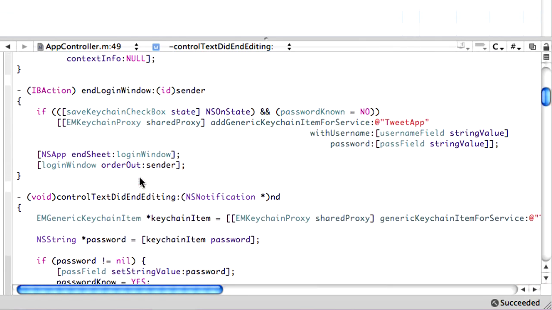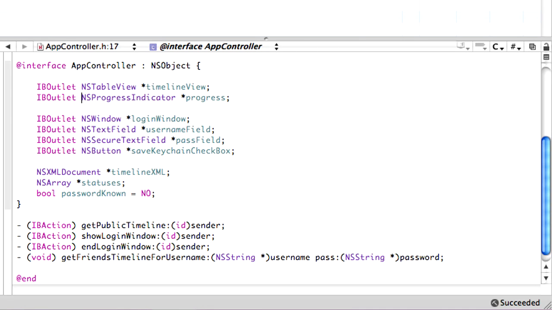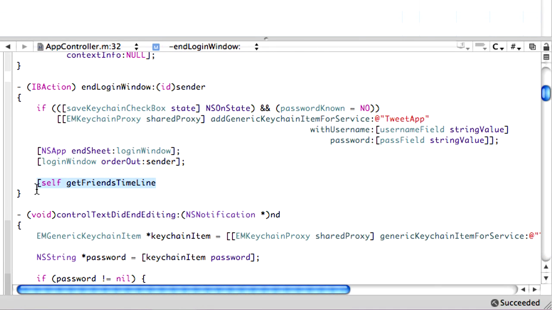Oh, I guess it would be a good idea to implement that. So up in the login window, now we can actually call this. So let's see, you're going to call it to self, and let's see, get friends timeline. And the reason this isn't filling this in for me is because I didn't save AppController.h. So let's go and do that now. And it should fill it in for me now. Get friends, there we go. Get friends timeline for username,